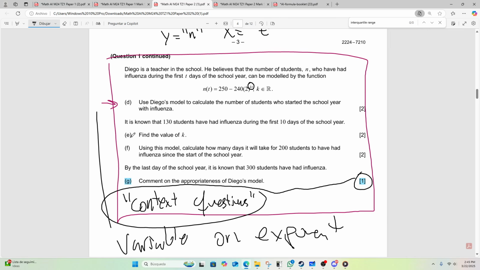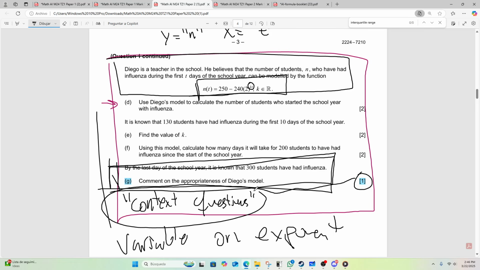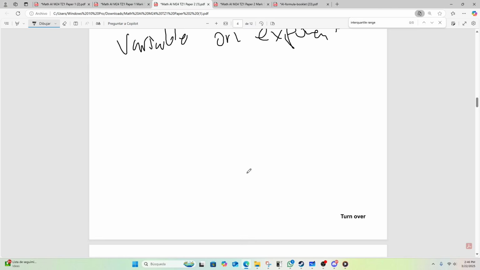So sometimes you can skip ahead, especially if you have 5 or 10 minutes left and you're stuck on a problem, you can't solve it. Try to find a context question at the very end, which is worth 1 point and doesn't need anything from before. See? I mean, the only thing you need is this. Interpreting this and this. You don't need D, E, or F. You just need what they tell you here and what they tell you there. And so be aware of those context questions if you're trying to claw for points. Certain questions don't need anything from before and you only need the context of the question. That's why it's called context questions.